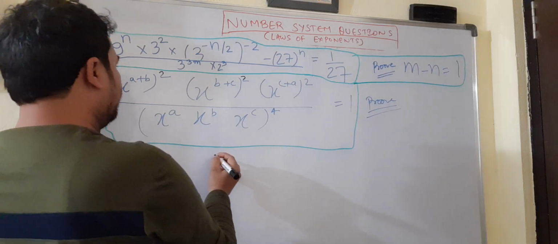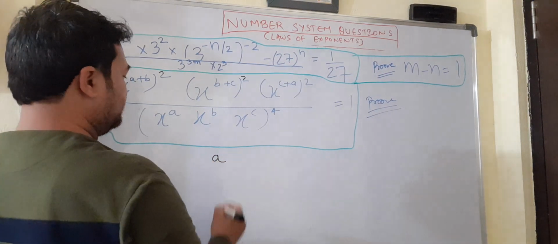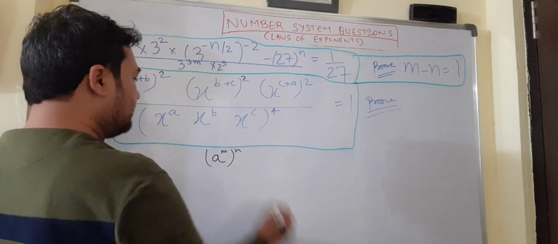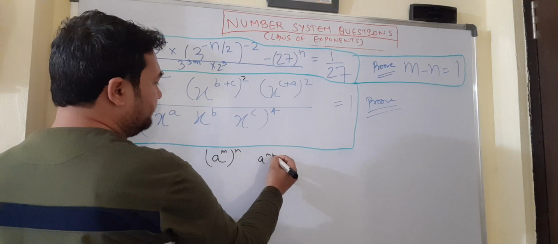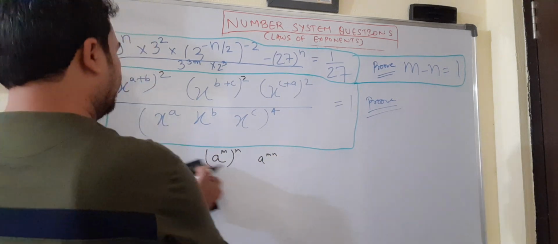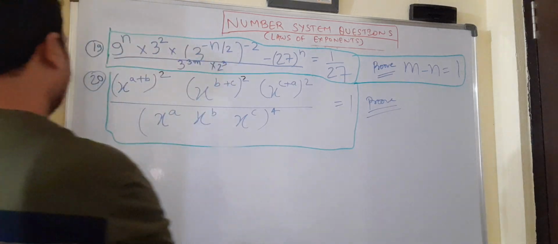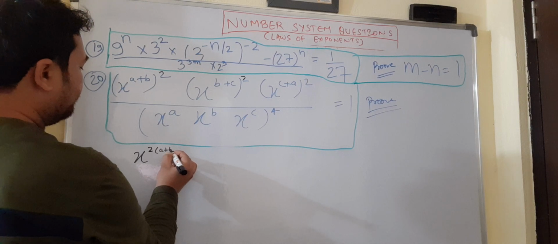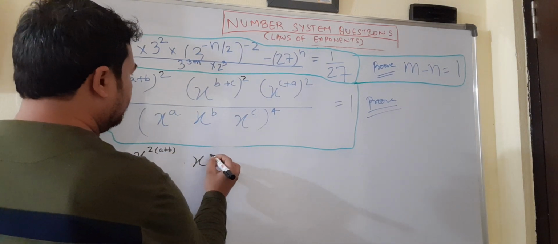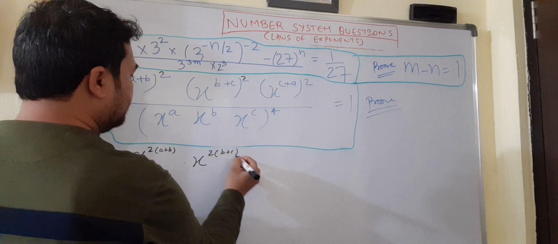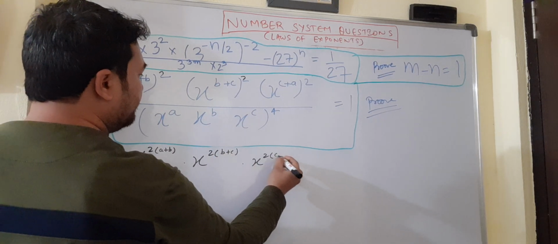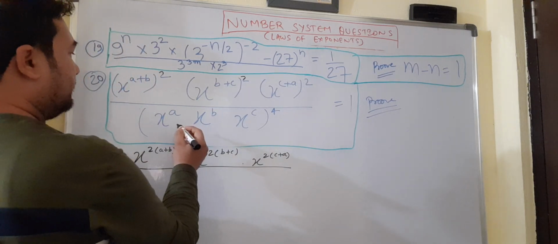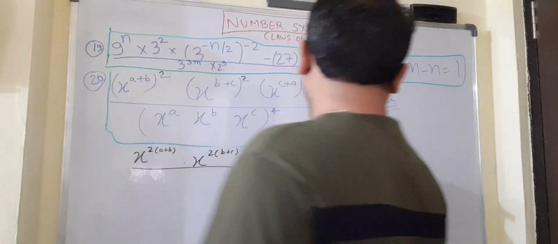You have studied the laws of exponents, (a^m)^n. Power of power gets multiplied, a^(mn). We will apply this here and we get x^(2(a+b)) into x^(2(b+c)) into x^(2(c+a)), whole divided by. Now again,